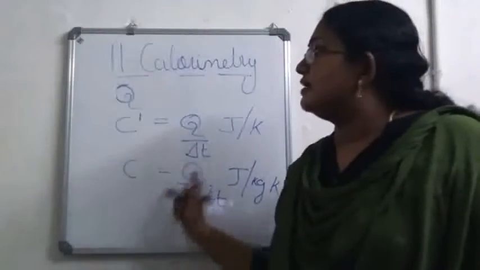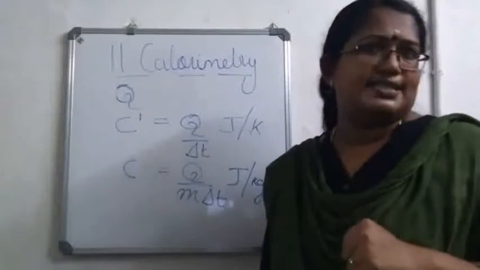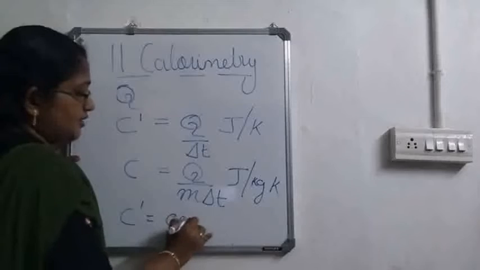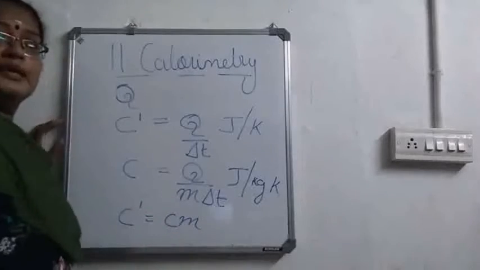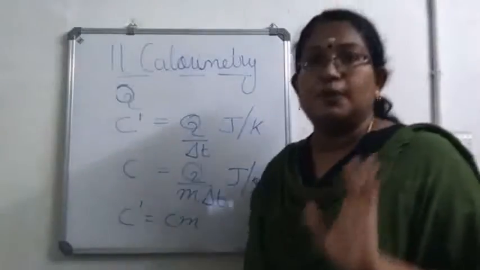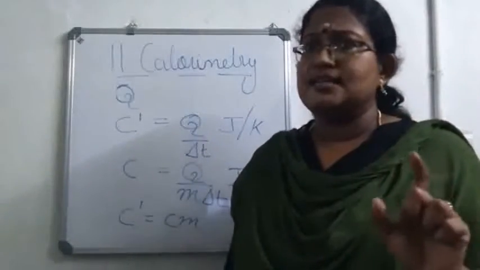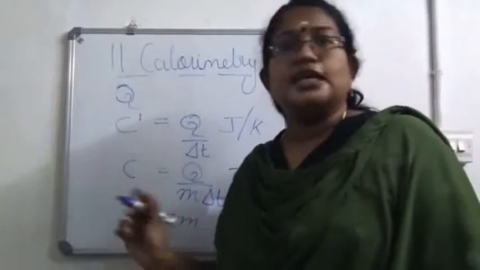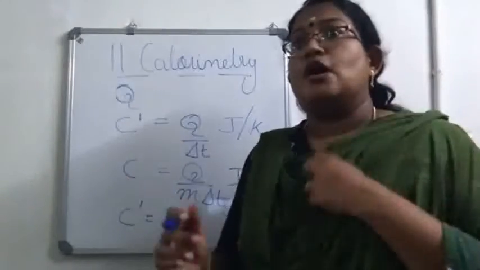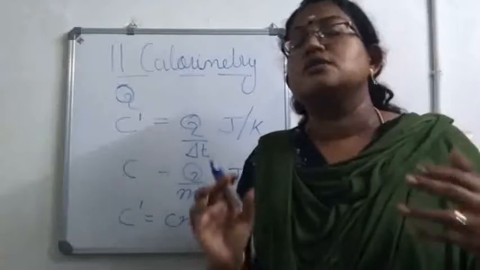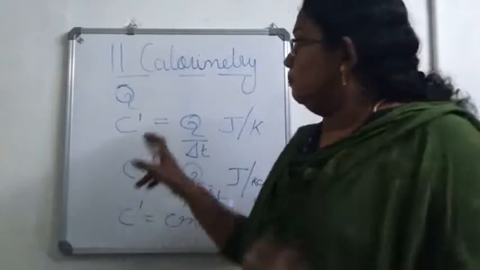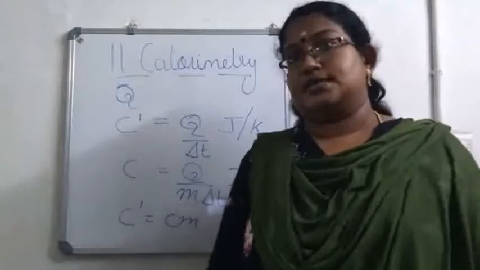Now, we learned a relation connecting these two. What is that? It is C dash is equal to Cm. Isn't it? So, please be thorough with these three equations. You can put today's date, then note these three equations first. Okay. So, without writing or by-hearting these equations, it will be difficult for you to do the numericals. Okay. So, please note these three equations.